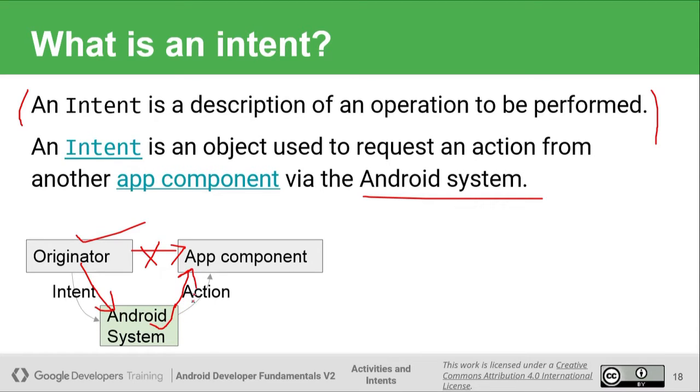So the request for some action does not go to different components directly. First, it goes to a middle layer called the Android system, and then it is the responsibility of the system to send the request to this component. So this is a middleman, a middle layer that acts as an agent between these two components.